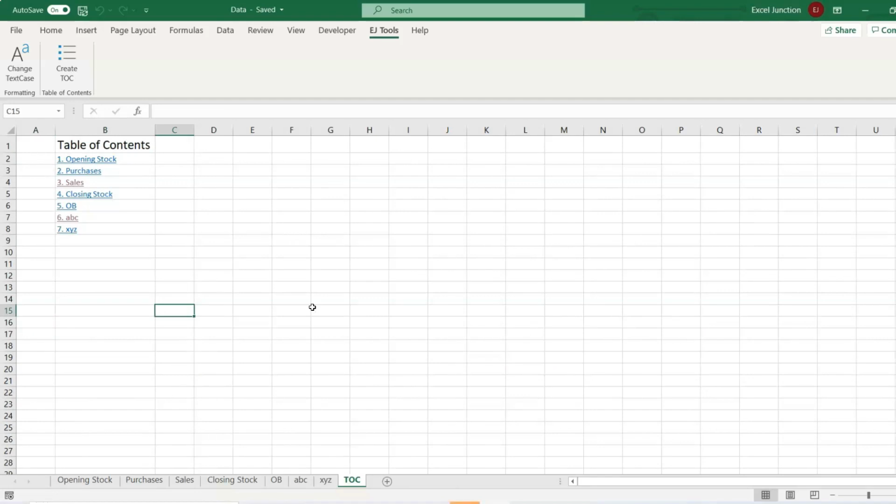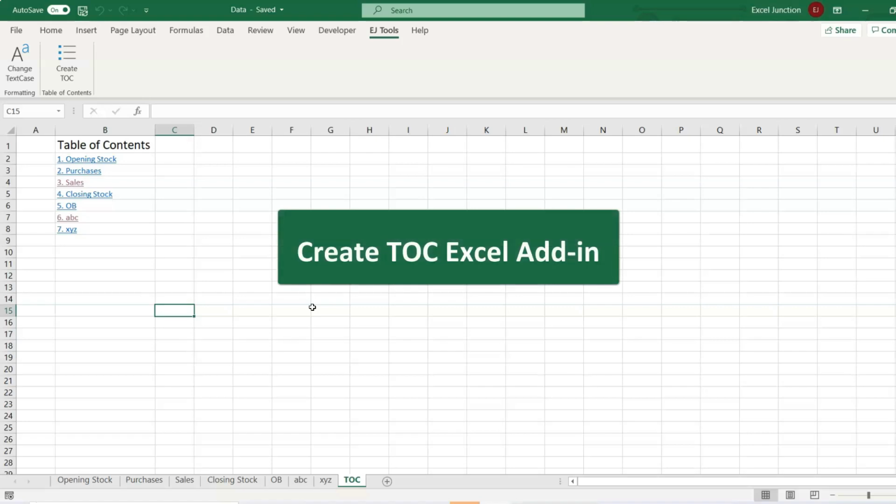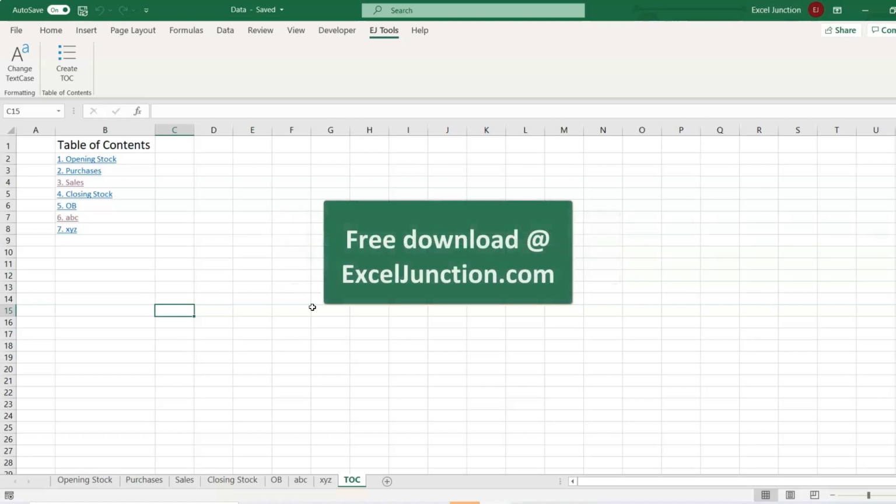I'm very sure you'll find this table of contents creator tool very useful, and to know how you can get this tool working on your spreadsheets, just hang on to the video till the end. Now first, you can download this tool, known as the TOC Excel Add-in, from the link provided in the video description.